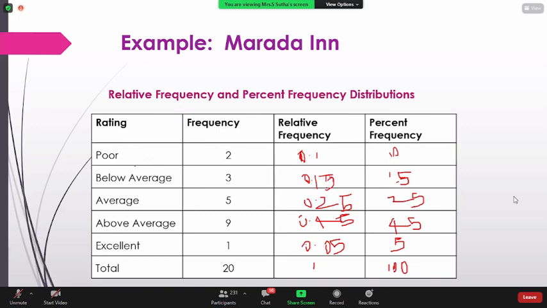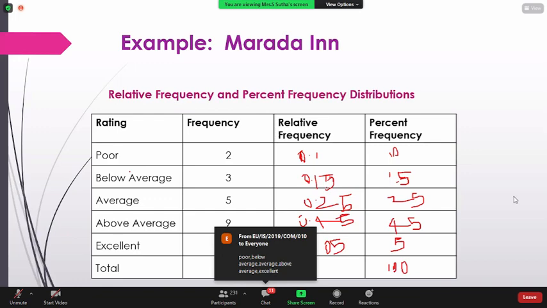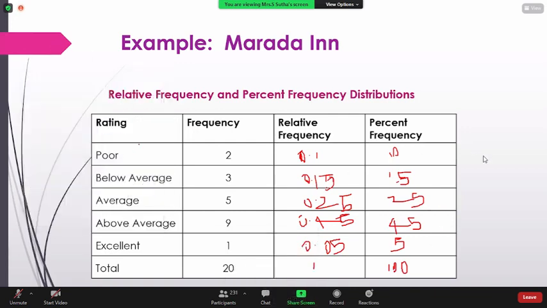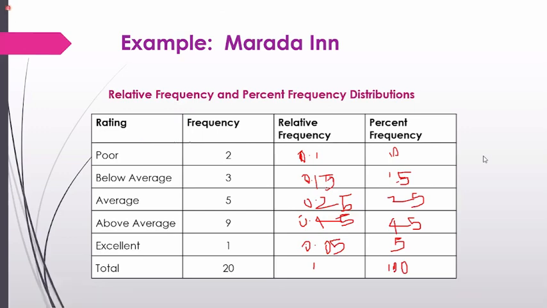These are the non-overlapping classes. Poor, below average, average, above average, excellent. Those are the non-overlapping classes, right? So in these non-overlapping classes, we have shown the frequencies. Distributions we represented: one is the frequency distribution. So frequency distribution means